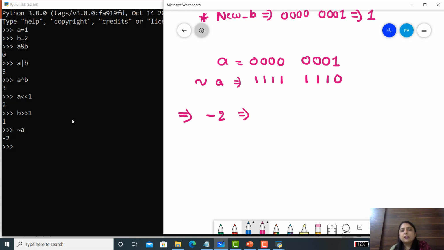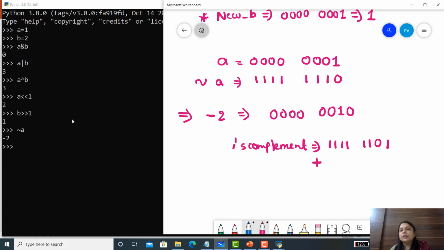First, convert 2 into binary: 0 0 0 0, then 0 0 1 0. Now take the ones complement. If I do the ones complement, then here I will get 1 1 1 1 1 1 0 1.